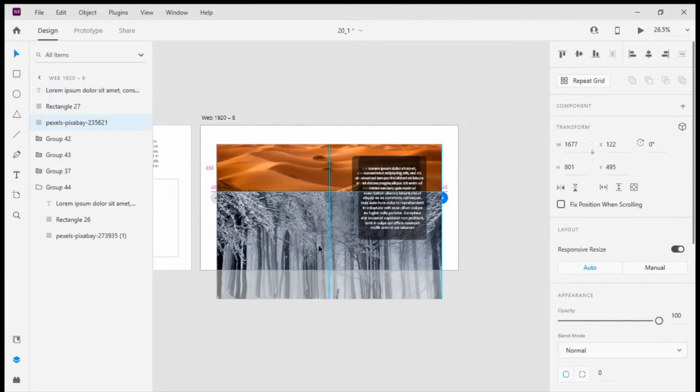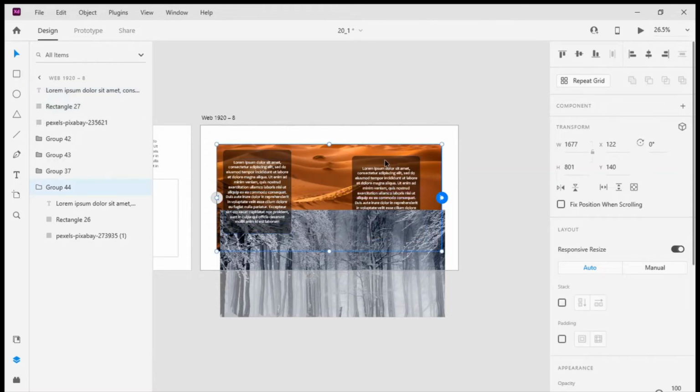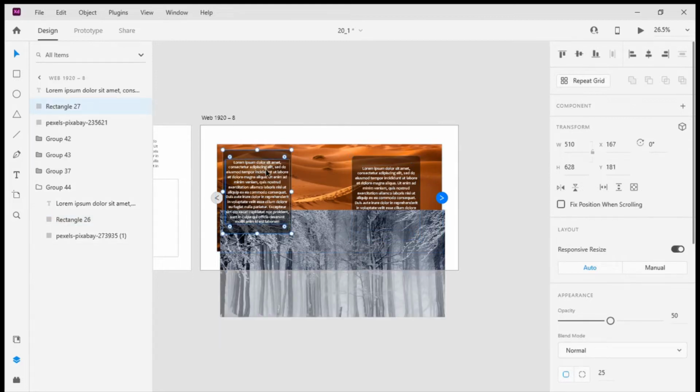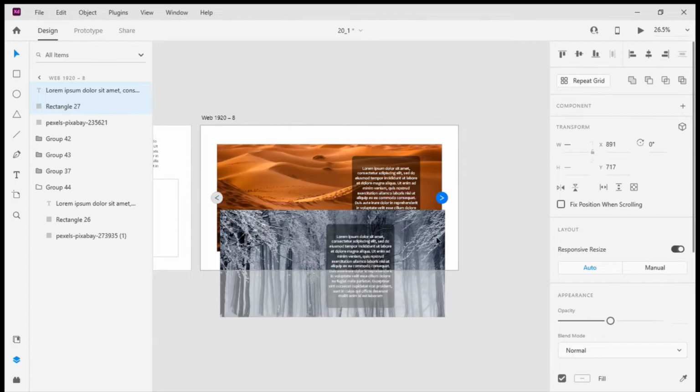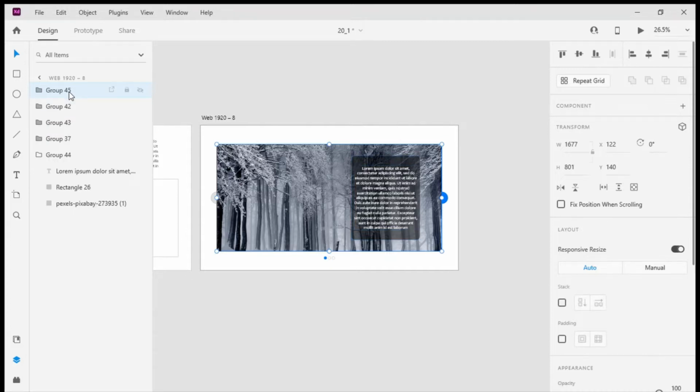Okay, so I want the location of this text, so I'll move this, and this text is somewhere around 1128 and 226, so I'll put that right here. Okay, cool. So now I'll group these three all together like so, and